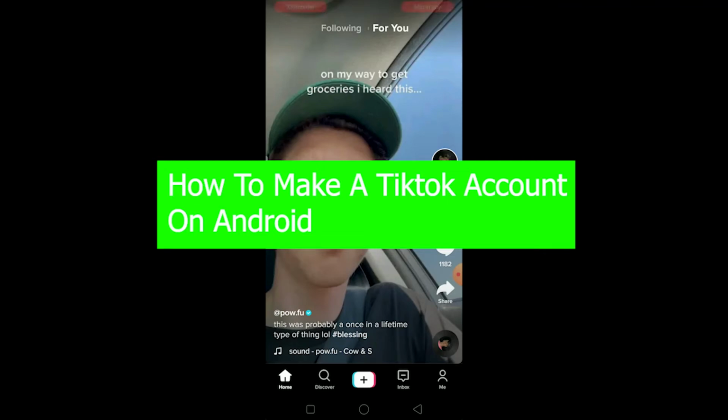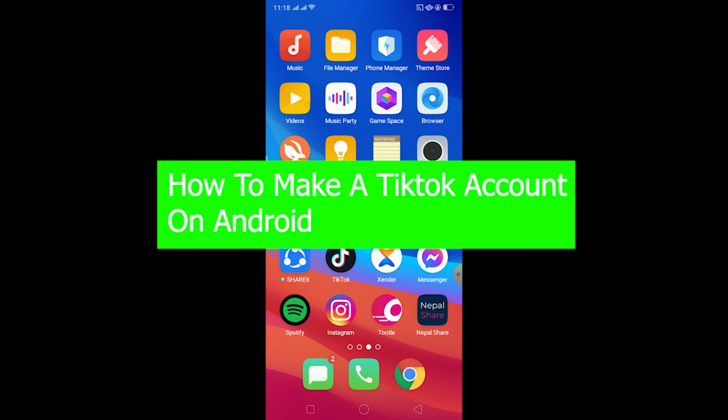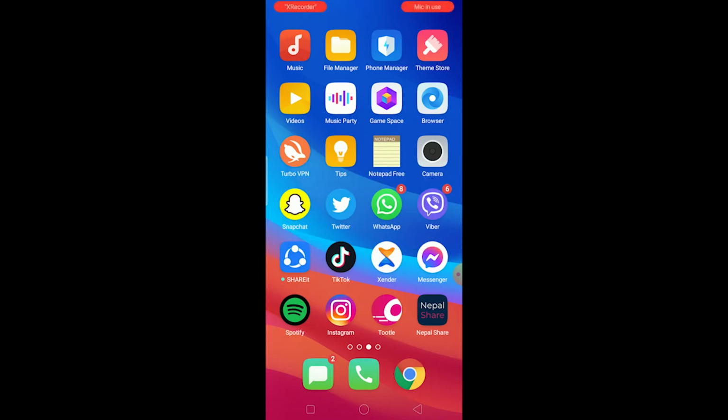And if you guys are wondering how you can make a TikTok account on your Android phone, then you are at the right video. Because this is my Android phone. If you don't believe it, I'm going back over here. As you guys can see, this is what Android looks like. If you have used iOS, then this is not what iOS, or iPhone's interface looks like, alright? So I'm on my TikTok on my Android right now, and I'm going to be teaching you how you guys